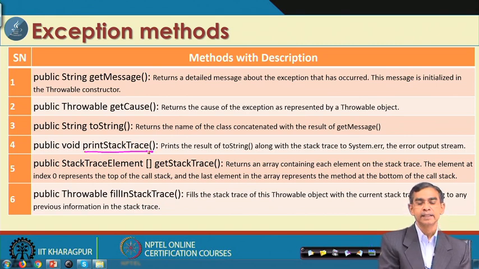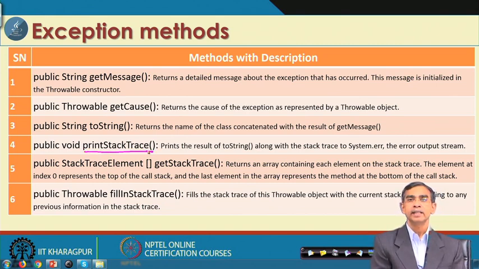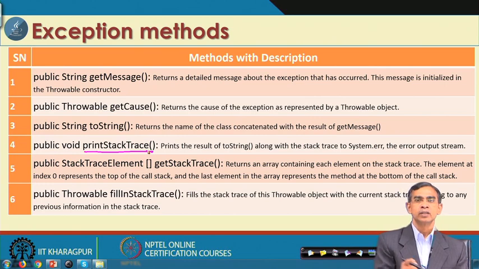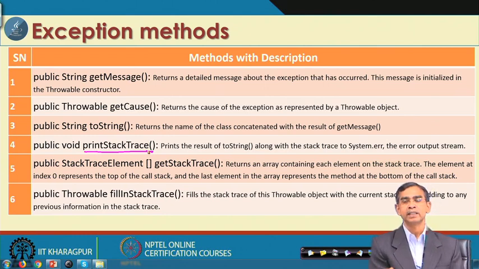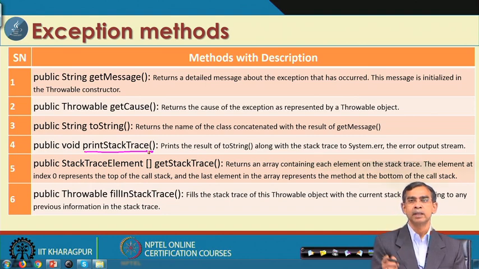Then printStackTrace, it is just like an idea about tracing. That means, if an error occurs in a particular method, it shows in which class this method is declared, whether this class is a derived class or not, or implements an interface like this. So, it will basically give a full trace of the location where this particular exception occurs, or if there is a chain of exceptions, where one exception can propel another exception. Using this printStackTrace, we will be able to trace the region or the location of the exception.